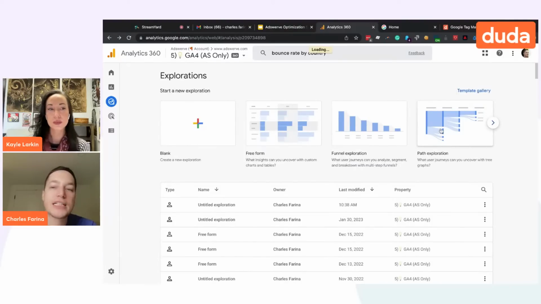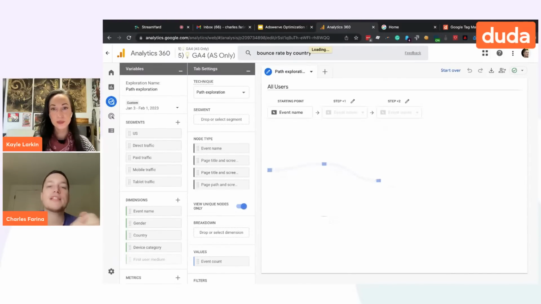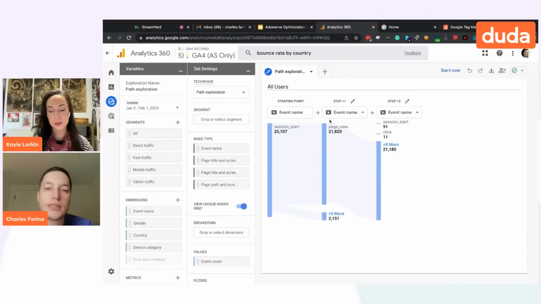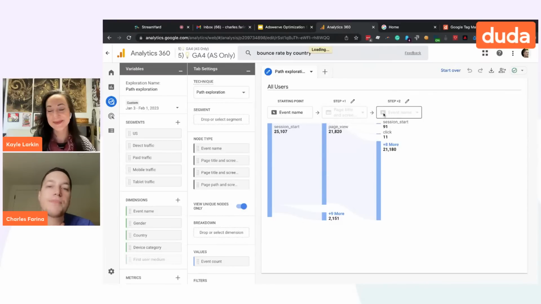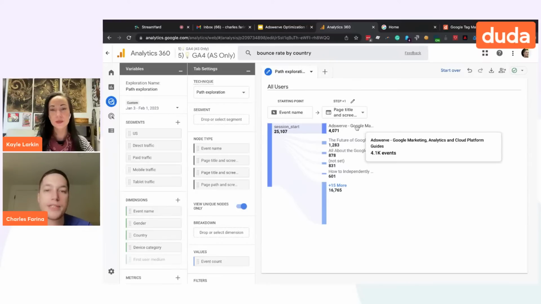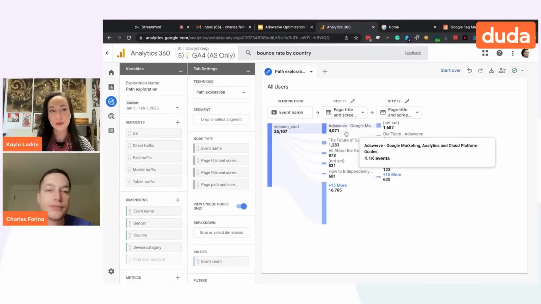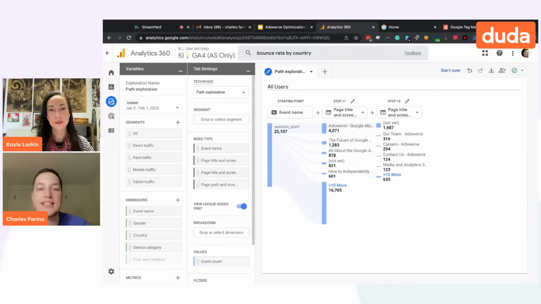So in the path exploration, this is where Google's rebuilt our pathing reports in Google Analytics. Previously, this only worked with page titles and events, but Google just finally gave us the ability to do page URLs. But simply, this is a report to show you how users navigate and flow across your website. So super interactive. You can also filter it. You can apply audiences to it. And one of the biggest changes is it's not sampled.